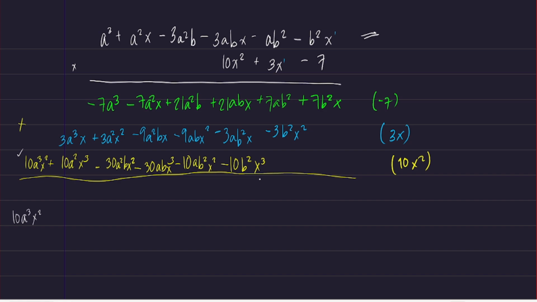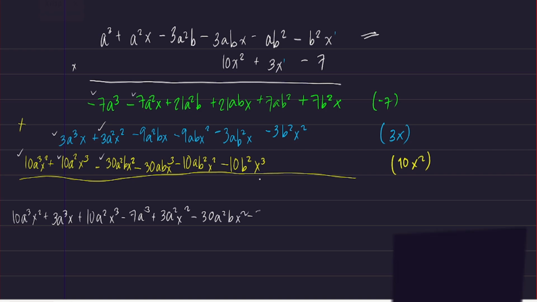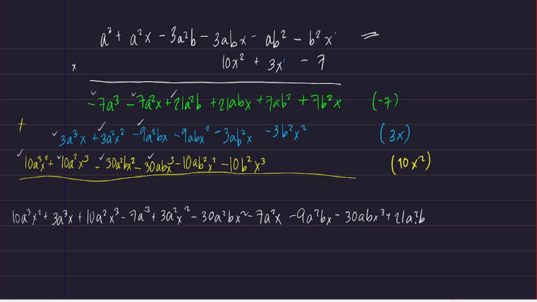10a cube x squared plus 3a cube x plus 10a squared x cube minus 7a cube plus 3a squared x squared minus 30a squared bx squared minus 7a squared x and minus 9a squared bx minus 30abx cube plus 21 a squared b